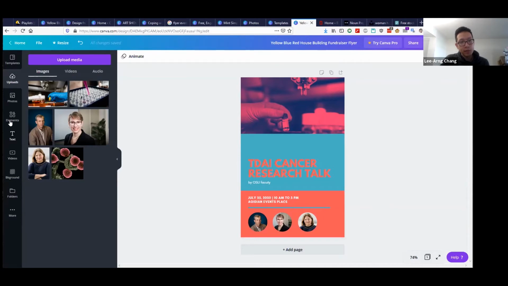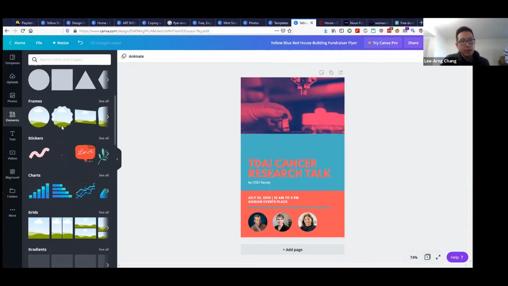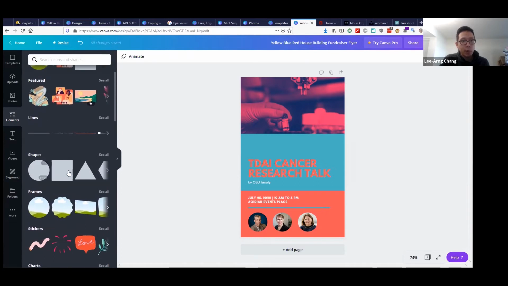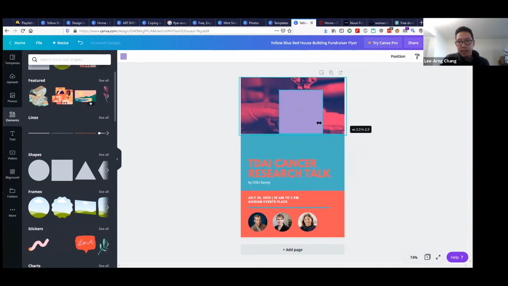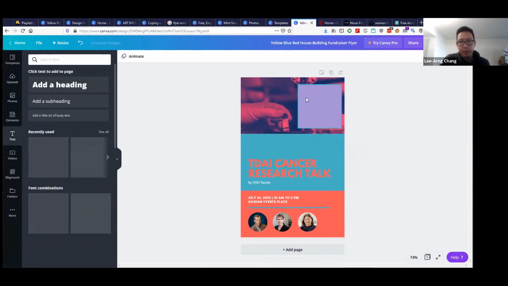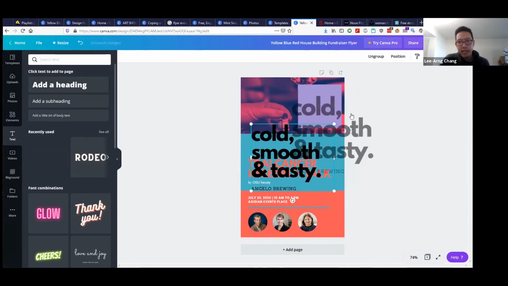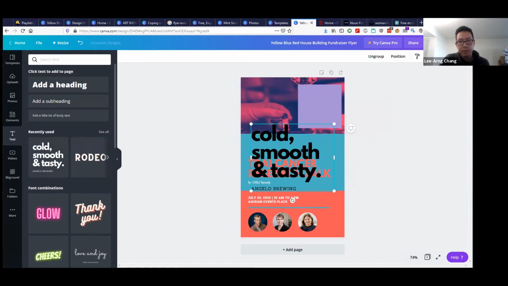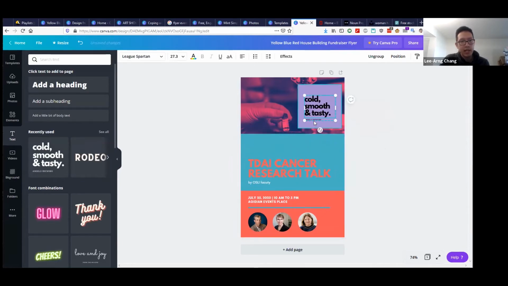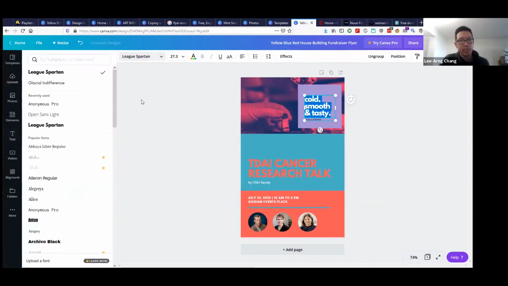So that's how these frames work. There are a lot of other different elements that we can play around with in terms of shapes. For example, if we wanted to block out some text here, we could do that and place some text over this image, and we can grab some text elsewhere and place it and make adjustments like that. And this text, again, is easily adjustable. You can change the font.